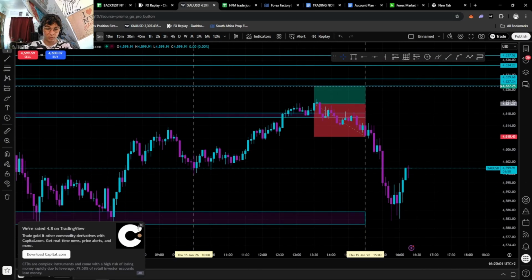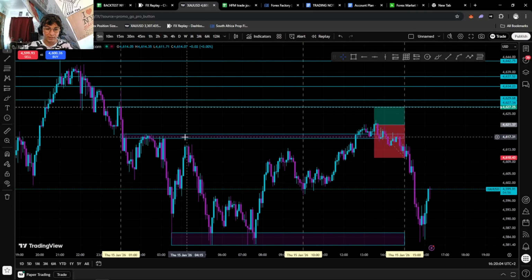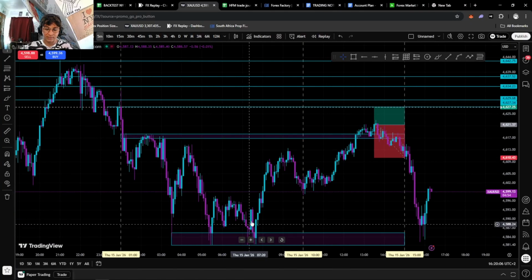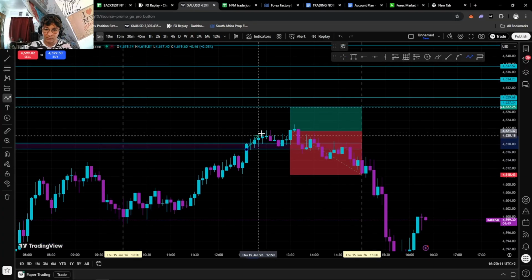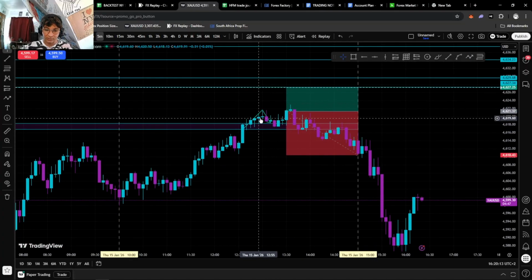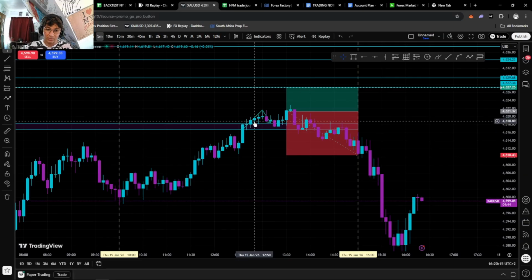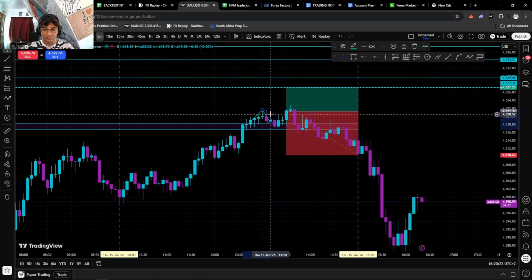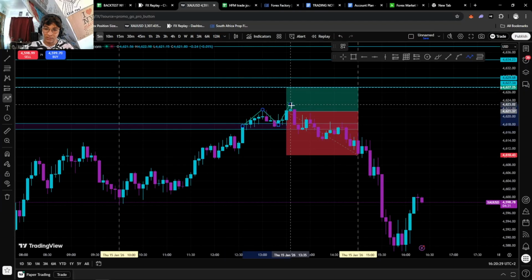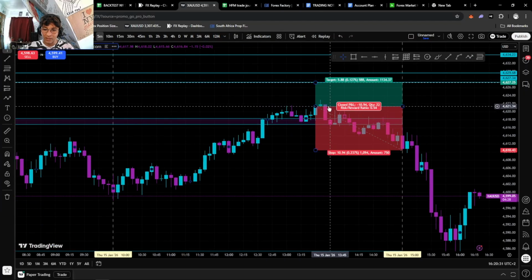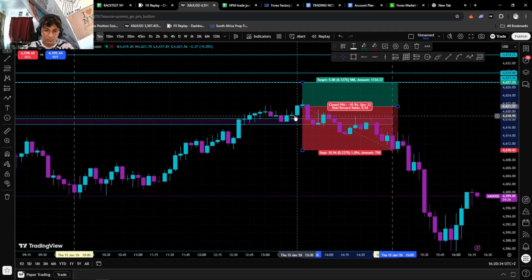So here it is on the chart. The Asia session highs are here. Asia session lows are here. They were broken and retested, as you can see here. I was wanting to enter on this candle because on the lower time frame the break and retest is valid, but on the 5-minute it's not, so we didn't. Broken here, retests there.